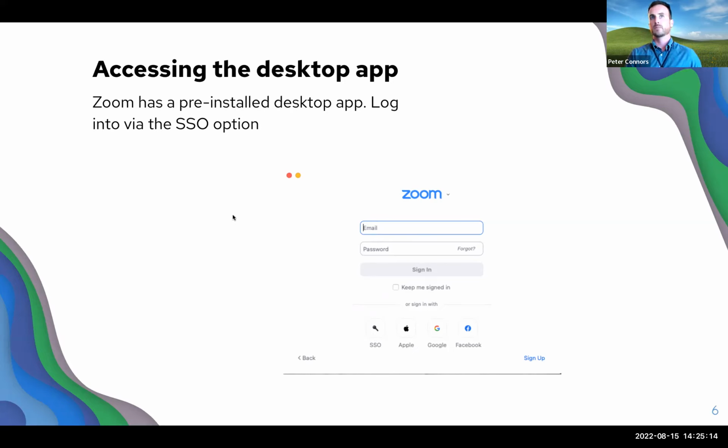Also, if you went into the web version and you clicked on a link, or even just in any of your meetings or anything, if you clicked on a link, the system is going to try to look for that app on your computer and open it for you. So there might be times where you're in the web version, you start a meeting, and then you end up in the app, because that's where all the control is happening. So that's different, say, than if you can run them directly in the browser, but you lose a lot of features. So good to have a difference on where you go for those two things.